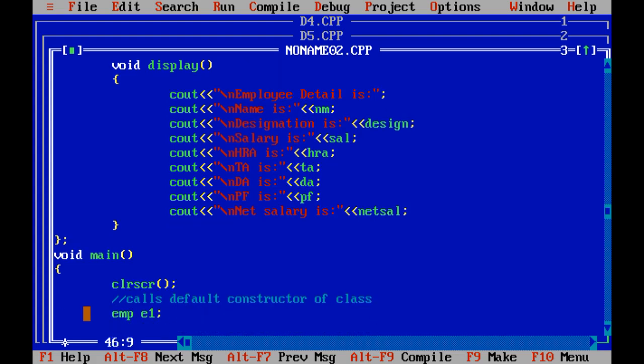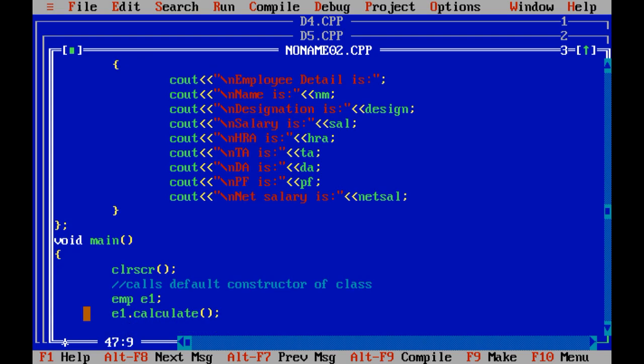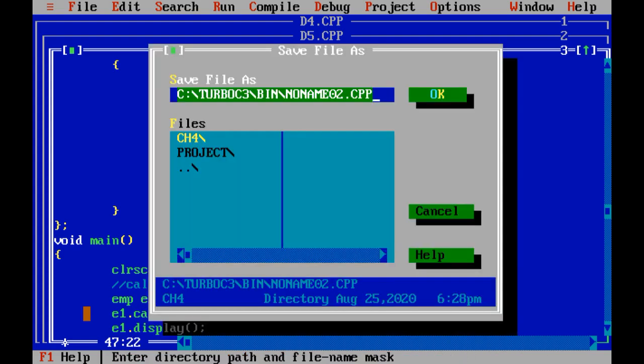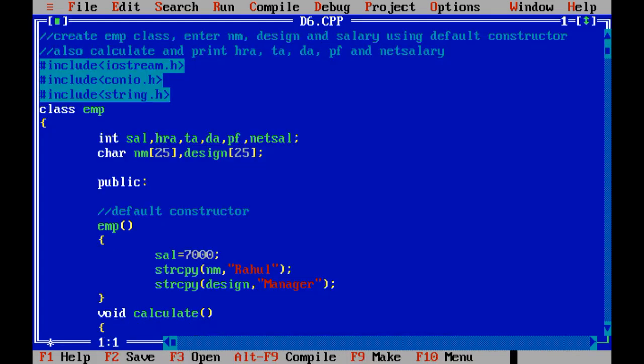Now e1.calculate, we need to call it, and only then will you get the values which are displayed inside the display function. Display. Let us save the program first. D6. Now let us run the program.